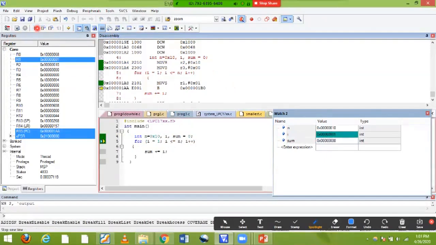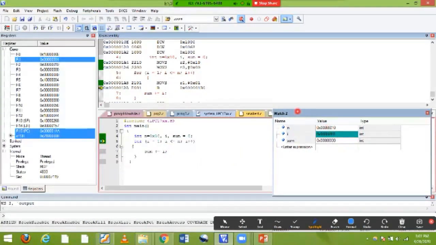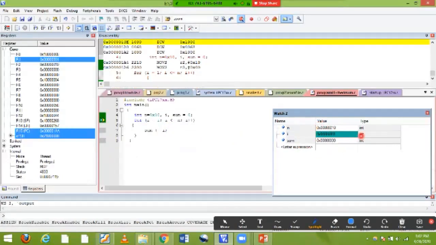Next, just see, automatically it will come to here. R1 value is 1, meaning R1 is nothing but I, that's why it is 1. And if it is less than N, then I plus plus needs to be done. That operation happens automatically, it is inbuilt. So we are going to bother about how we are going to display my outputs here.